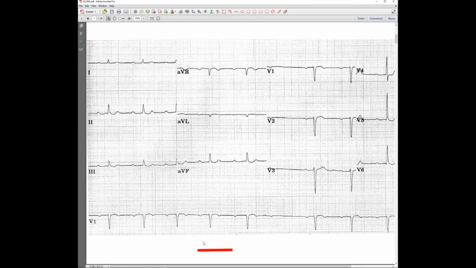Okay, the axis is normal. Can you tell me the axis? Well, based on lead 1 is positive and AVF is positive. So this is why you said normal. Okay, go on. And then